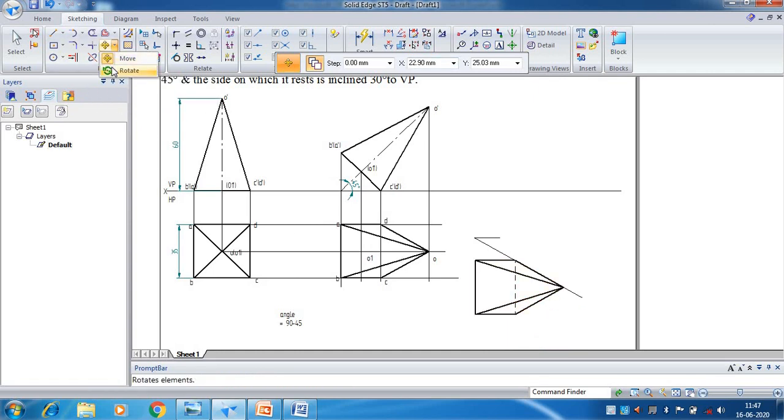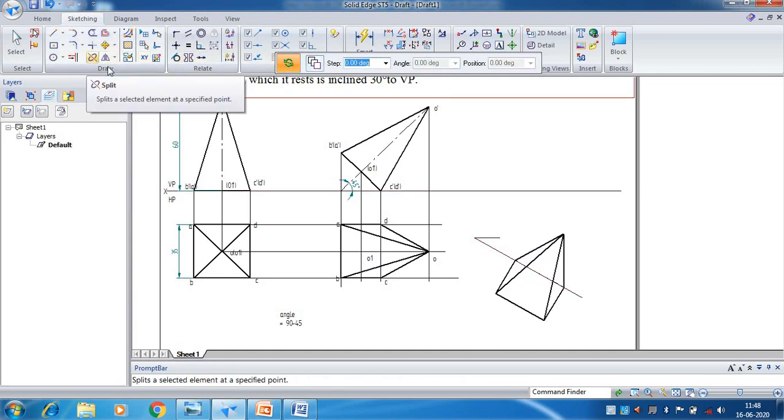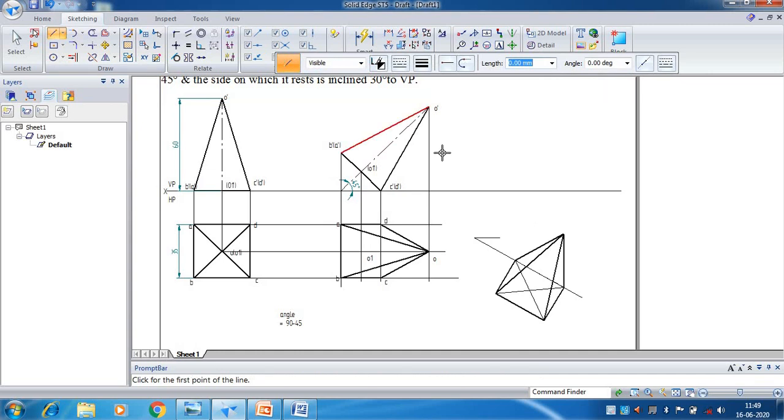Then select the rotate command. First click anywhere, fix this point which is already on the reference line, hold this C, copy should be off, rotate till it shows you on element symbol. Now you need to draw the projection lines.